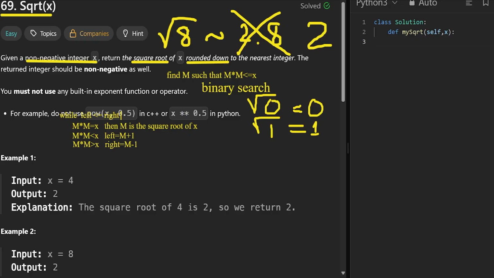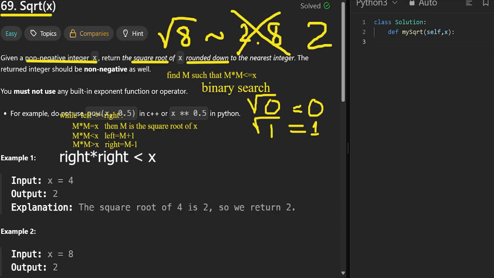Then stop and return the right boundary, because the left boundary had just gone beyond the correct answer, the threshold, and the right boundary is the largest possible number where right times right is still smaller than x. That's exactly what we want, only the integer part of the square root. Let's do a walkthrough with the following two examples below to understand this better before we implement it in Python